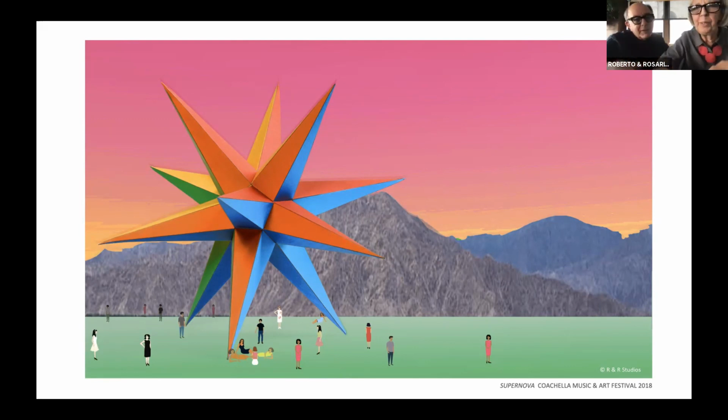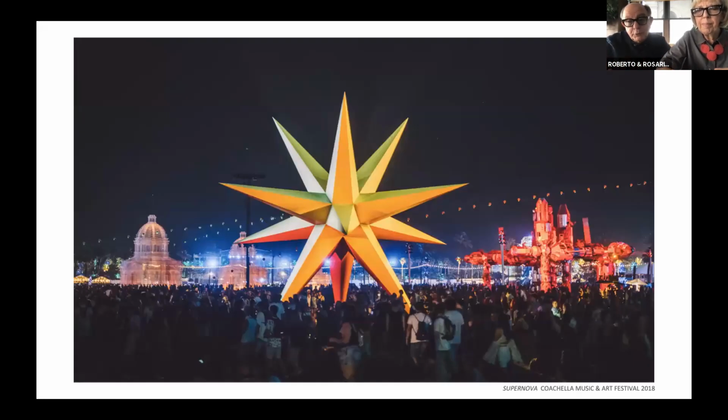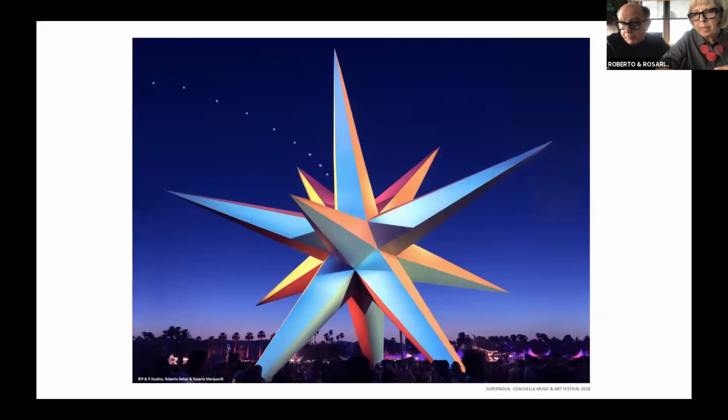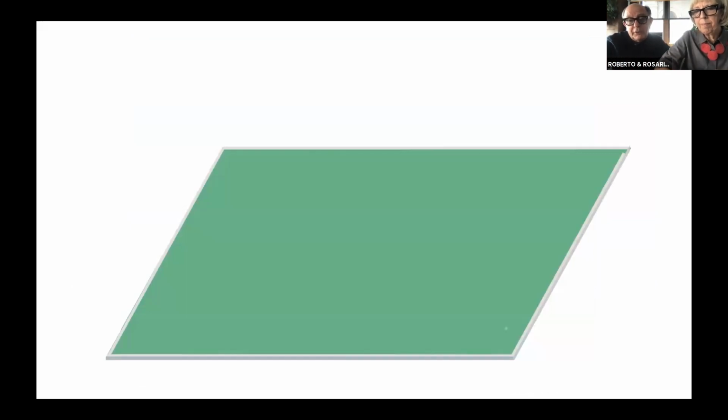Supernova is one, but also 13 stars that bring together 12 different colors in each of its faces. We did it for the music festival Coachella in California, where we also did, in a previous engagement, Bésame Mucho. Bésame Mucho was very popular. I guess people needed to kiss each other, and Bésame Mucho promoted that idea. Supernova promotes hope, as all stars tend to do. But we want to finish with this very project.